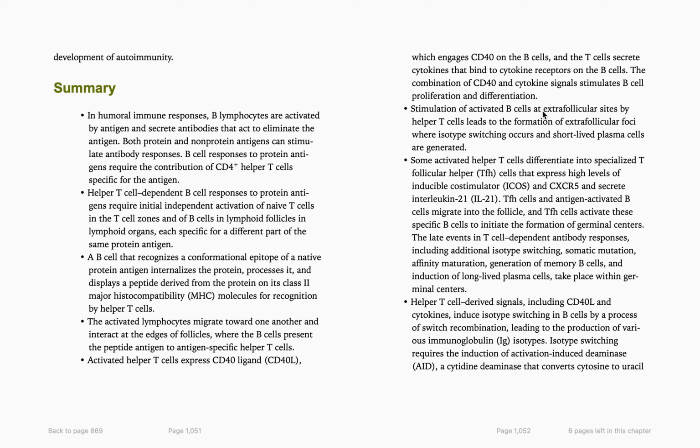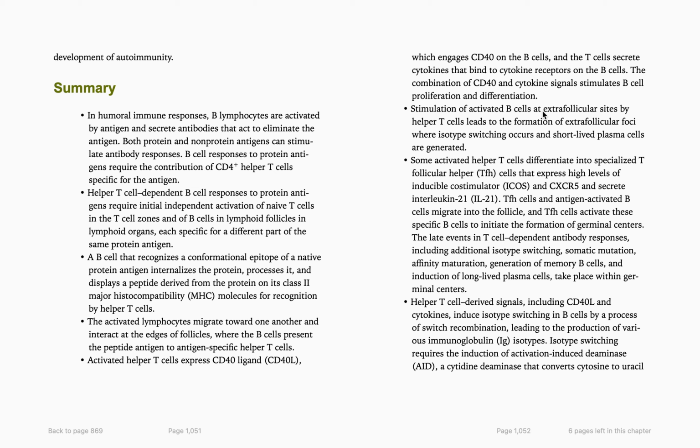T cell zones and B cells in lymphoid follicles in the lymphoid organs. Each is specific for different parts of the same protein antigen. A B cell that recognizes a conformational epitope of native protein antigen internalizes the protein, processes it, and displays a peptide derived from the protein on its class 2 major histocompatibility complex, or MHC, molecule for recognition by helper T